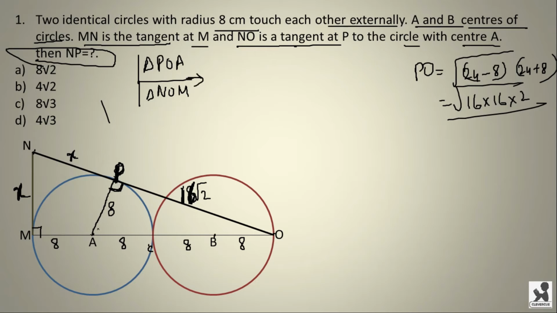In triangle POA, the side opposite to angle POA, let us name this as theta, is 8, and in the bigger triangle it is x. So the side opposite to theta in the bigger triangle is x, which is equal to